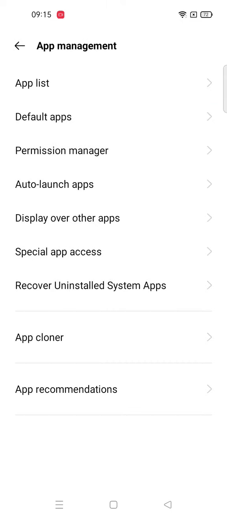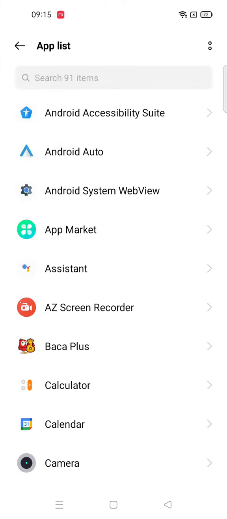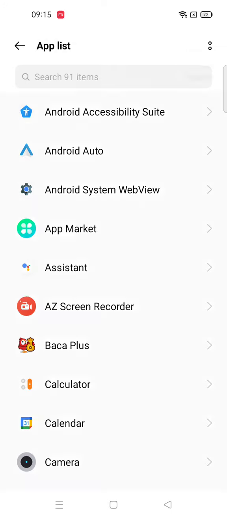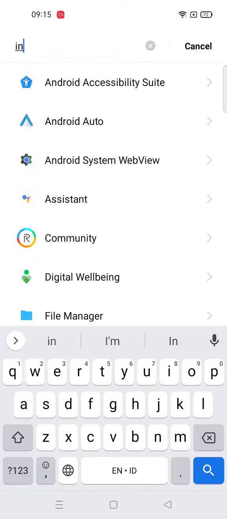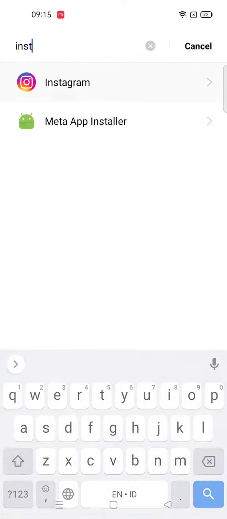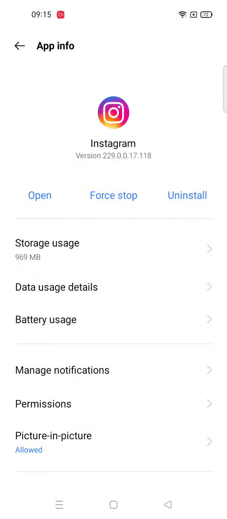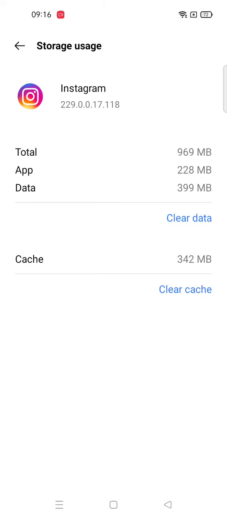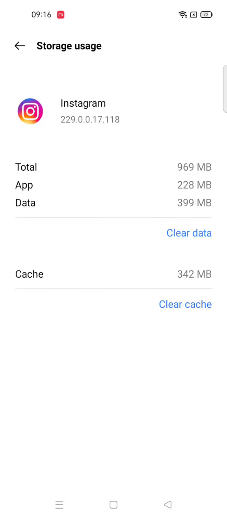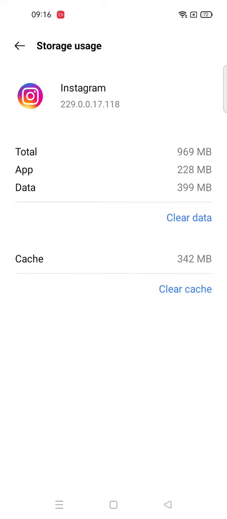And click on app list, this one, and in here you can search Instagram. Click on it and click storage usage, and in here you can see cache, this one. You can clear the cache. Click on it